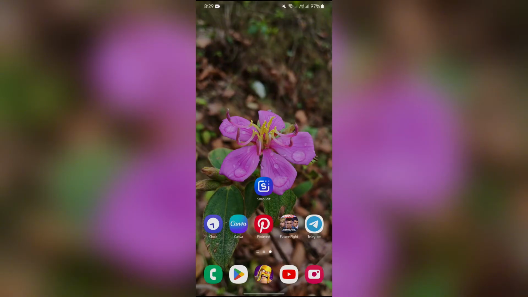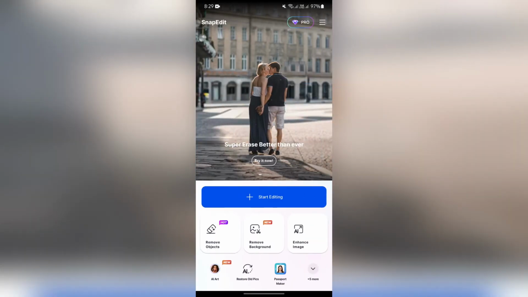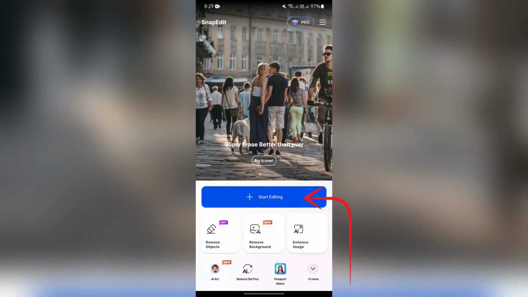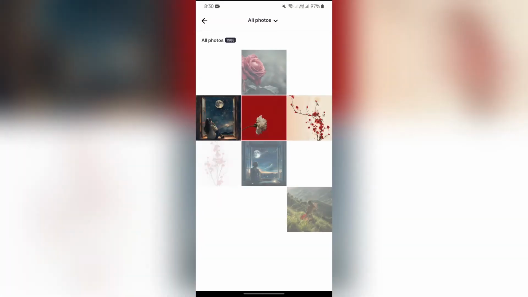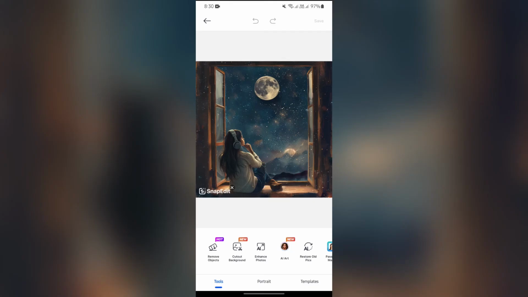Now, in order to erase any of the objects from your image in Snapedit, you just simply have to open your Snapedit application at first, and after opening the Snapedit application, you have to tap into this Start Editing button. Then after tapping into there, you just simply have to select any of the image where you want to erase